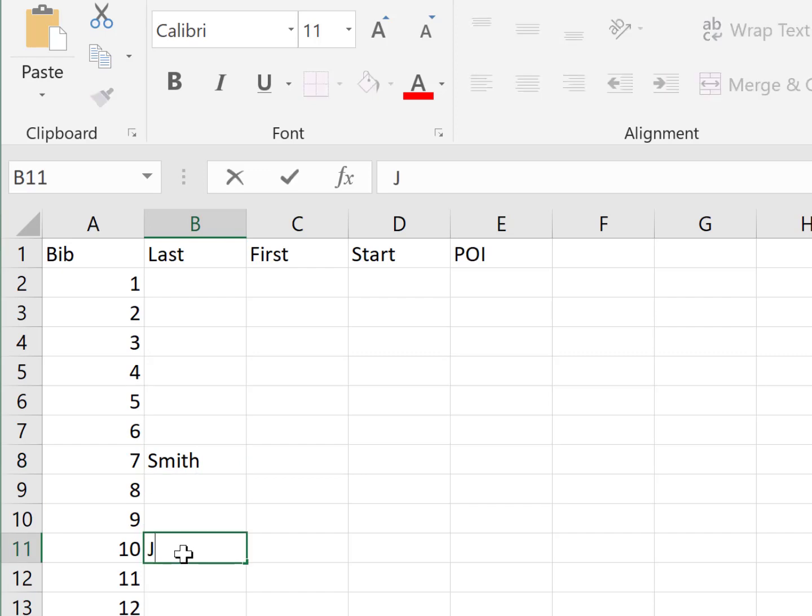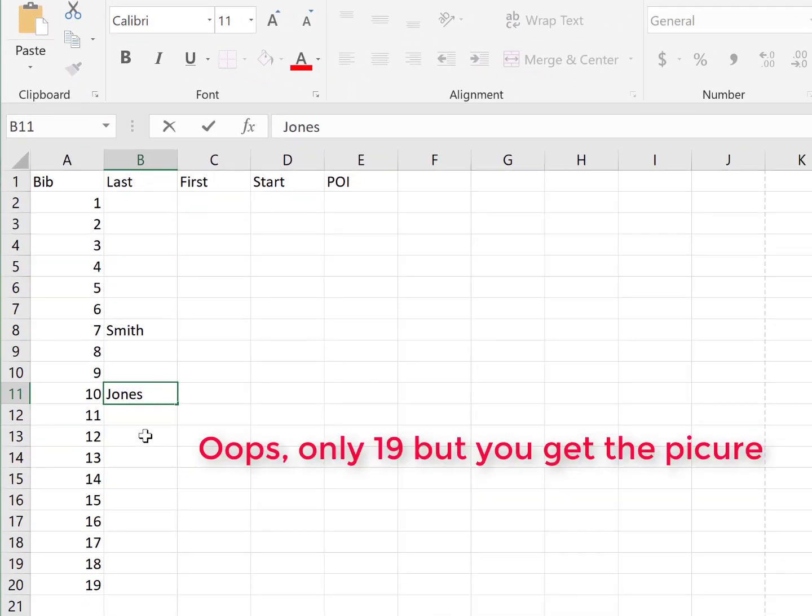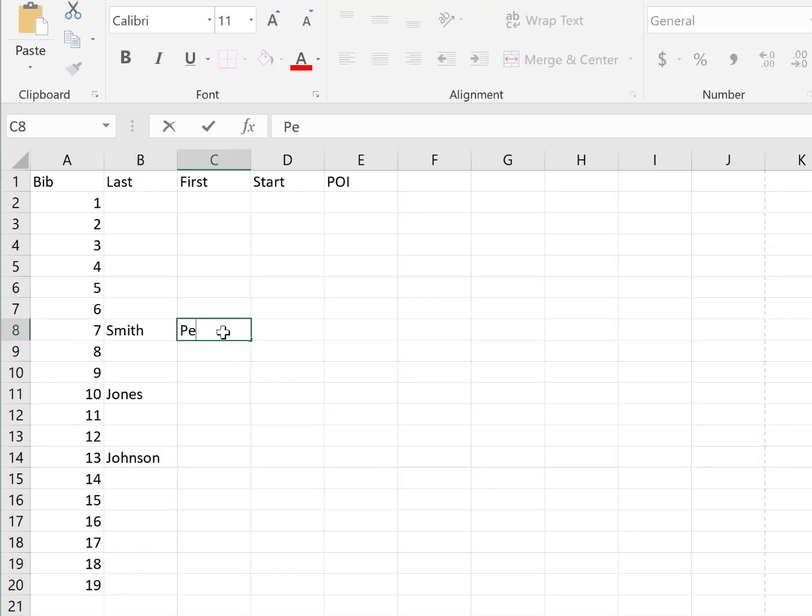So I'll say Smith, Jones, Johnson, and maybe this will be Peter, Jim, and John. And then what I can do is I can put in the start time of the first race, or maybe the start time is 1 o'clock, so I'll put that in as